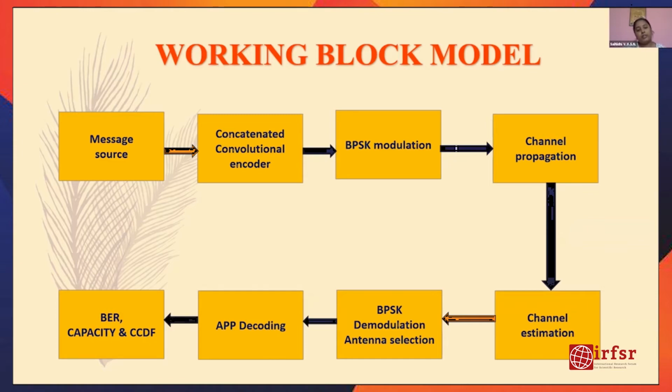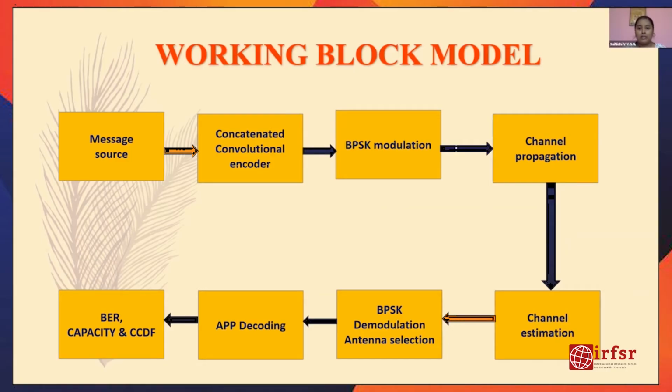So what we are doing here is making a turbo encoder by combining or cascading a few convolutional encoders. The advantage of a turbo encoder is that this encoding technique helps us reduce the latency of the system, improve the capacity of the system, and reduce the BER, that is the bit error rate of the system, and finally it results in an efficient output. Then we have the BPSK modulation here, and the modulated information is then going to pass through